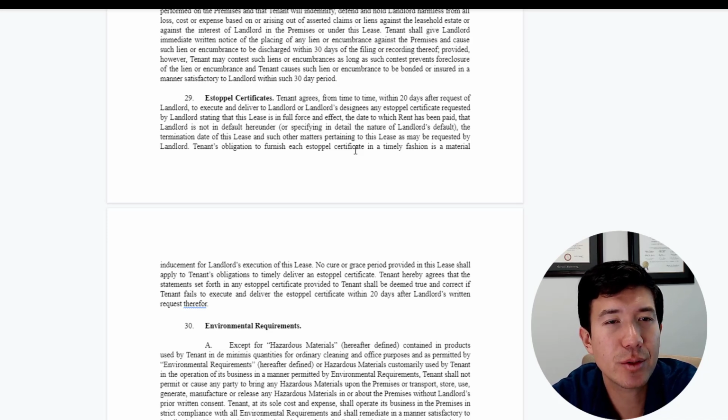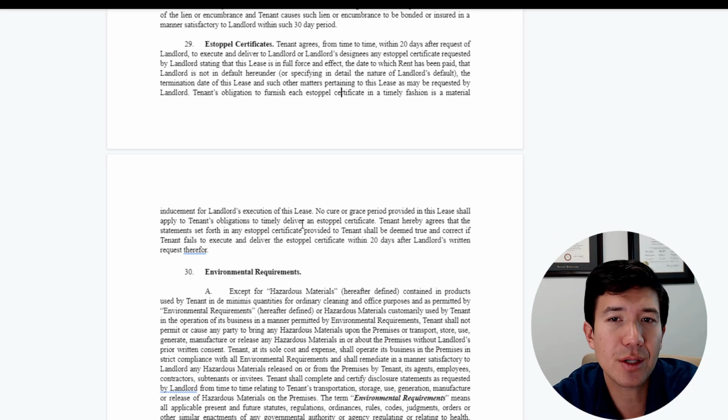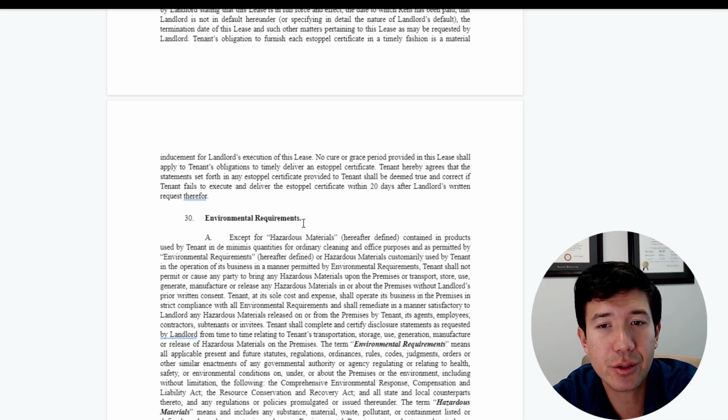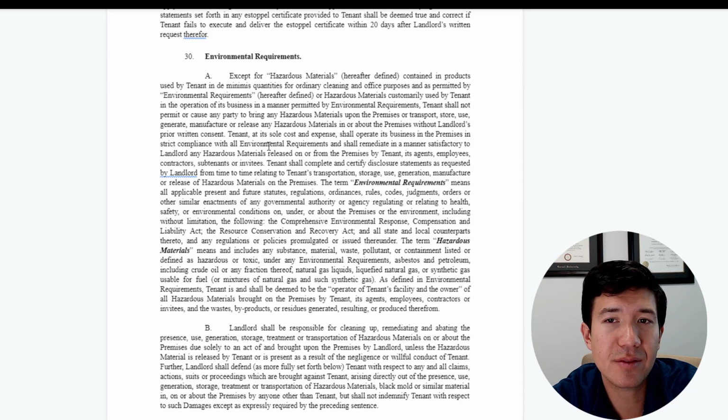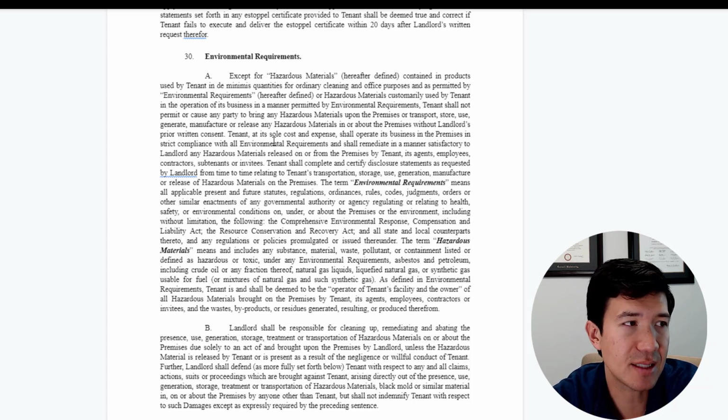And so that's where you come up with this form of estoppel and say, look, at least the tenant is willing to sign this one. Let's send it to the new lender and see if they will accept it. But that's a really good way to kind of clarify. And again, that's protecting the tenant more than I would say the landlord, because you can have a reasonable doubt. But at least if the tenant has agreed to a form of estoppel, then they're willing to sign something, and you can at least present it to your lender and try to negotiate for an approval, versus if the tenant just says, nope, I'm not going to sign anything.